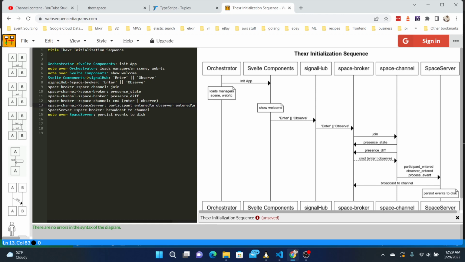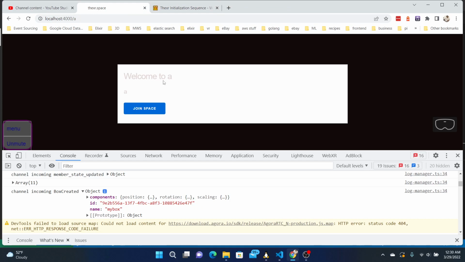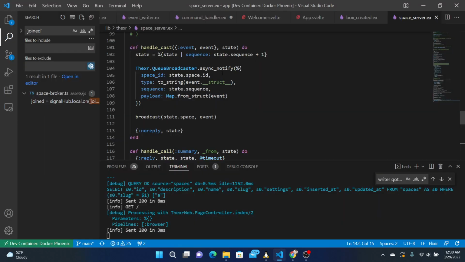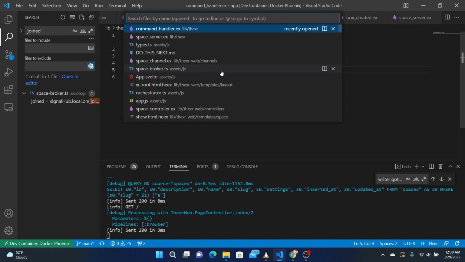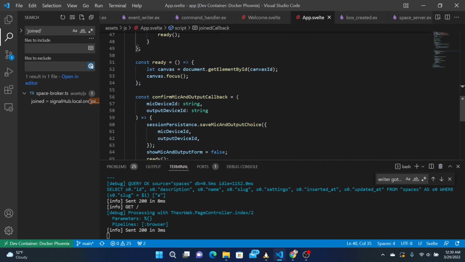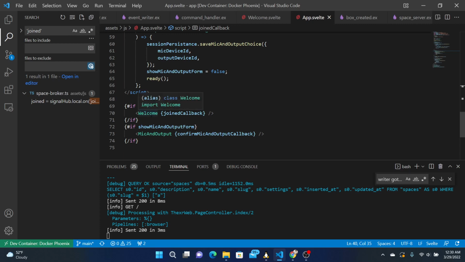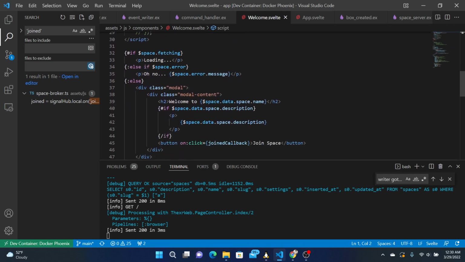Okay, first one being this enter or observe. So let's see, right now we already have one here. We see welcome to blah blah blah, and we see join the space. So where does that come from? Whoops, let's undo this. So we have a welcome thing here, and this creates a welcome to blah blah blah, and we can say